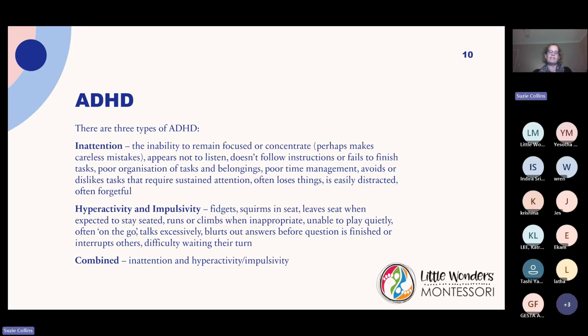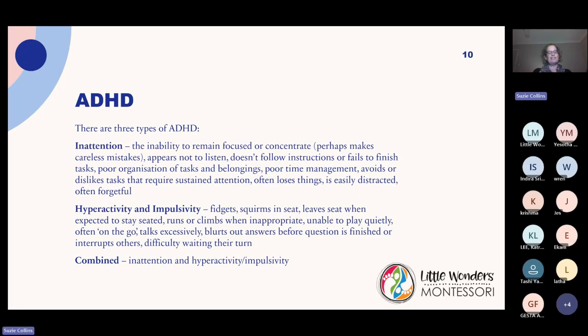Hyperactivity and impulsivity also often presents with excessive talking. There might not necessarily be some of the other symptoms going on, but excessive talking might be enough to meet that criteria. Perhaps they're blurting out answers before questions are even finished, or they might be interrupting others. They also might show some difficulty waiting their turn.